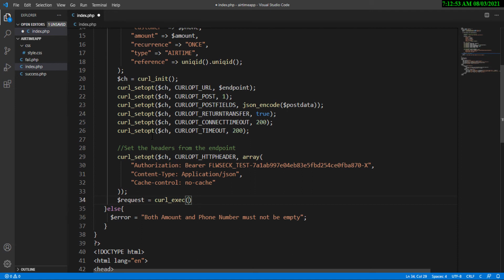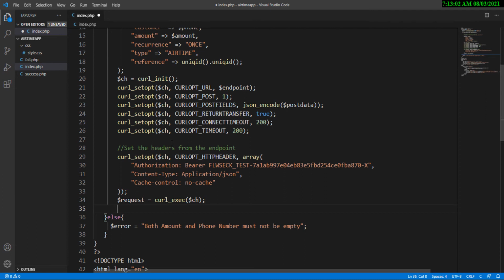So this is going to be ch right here, and let's terminate this line. And then the next thing that we want to do right now is to go ahead and convert everything that's coming out from this place, because they are coming out as an array. Since we have executed that, all the results will come back as JSON array. Okay, so to convert it to something like JSON object, we need to do something right here with JSON underscore